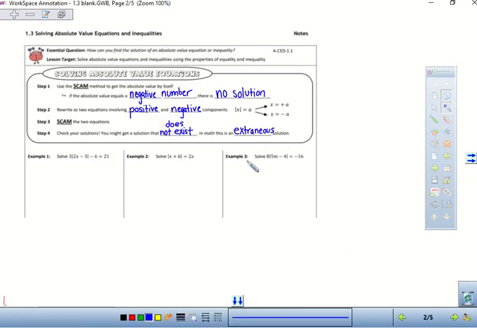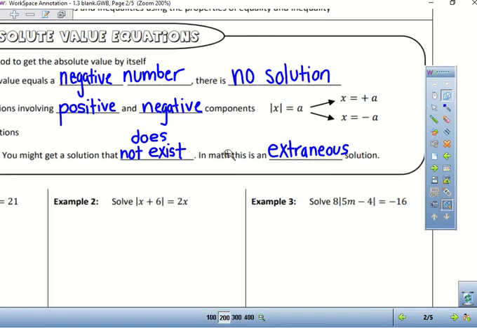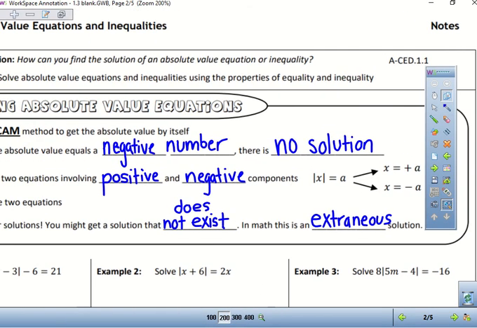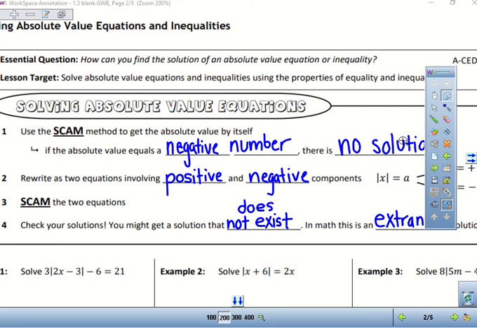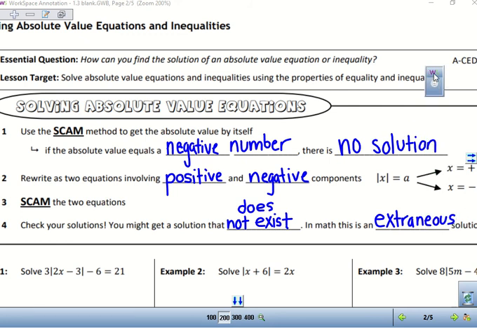Alright, so today we are going to be doing 1-3, which is going to be solving absolute value equations and inequalities. So, the essential question today will be, how can you find the solution of an absolute value equation or inequality? And our lesson target will be to solve the absolute value equations and inequalities using the properties of equality and inequality. Now, using the SCAM method, that's just the method that we talked about yesterday in solving or simplifying